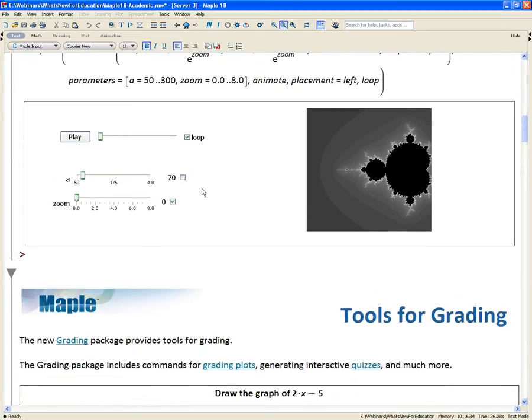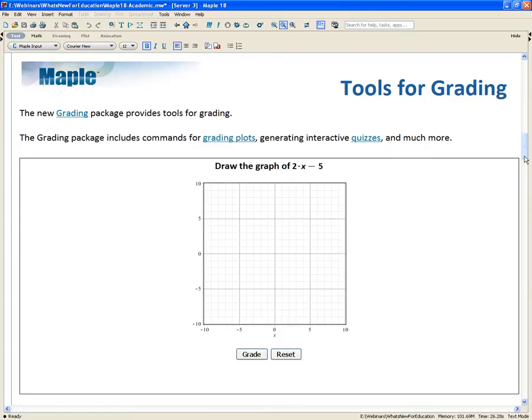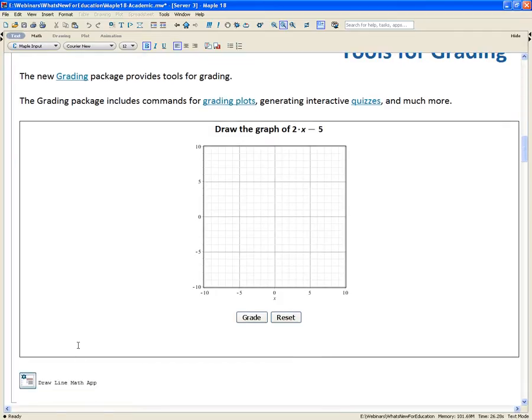All right, so let's move on now. Let's talk a little bit more about generating some other types of interactive demonstrations. And I'm going to focus now on some tools for grading. In Maple 18, we've introduced a new package called Grading Tools. The Grading Tools package provides tools for grading, including commands for things like grading plots, generating interactive quizzes, and a lot more. So in this example that I've prepared here,